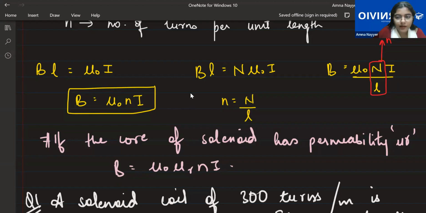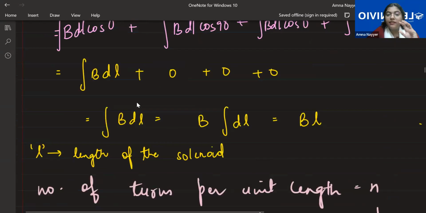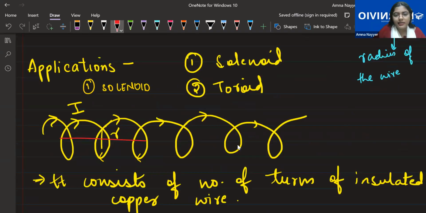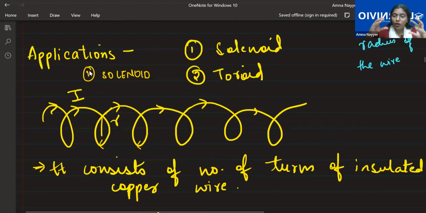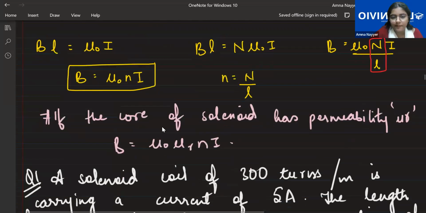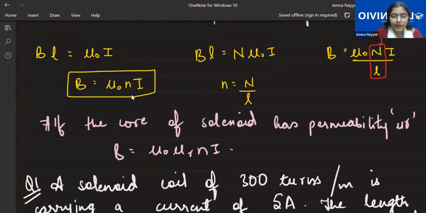This is the formula for the solenoid's magnetic field, which is inside, like here. If I just draw it once, like this, here you will get the magnetic field. So this is the magnetic field for the solenoid inside. But if the solenoid is put in some other material, then you will get that relative permeability and you can use this formula, which is least used. Basically, you have to remember mu naught n I, and n is number of turns per unit length. Write this quickly.